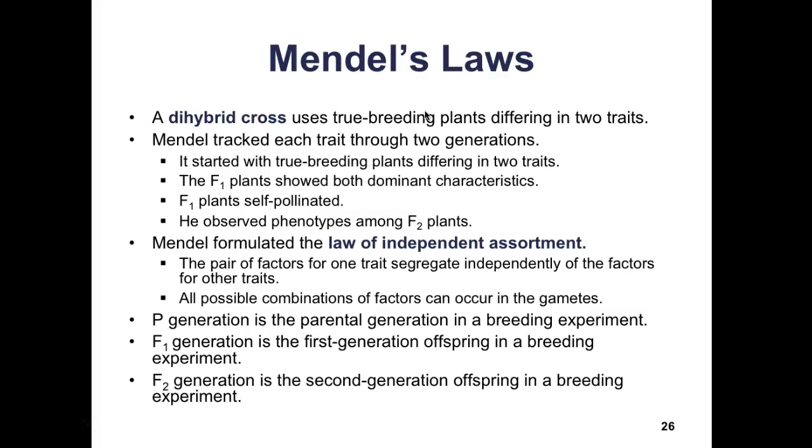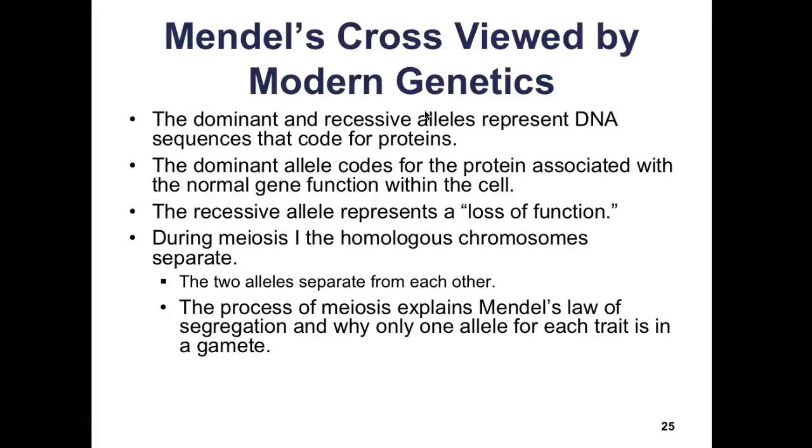Now, typically, the alleles on the same chromosome, especially if they are close to one another, or the genes, will move as a single unit. However, if you increase the map distance, or the genes are found on other non-homologous chromosomes, the genes would basically separate from each other. We'll look at that a little bit more in class. We'll talk about map units within the next few slides as we get into independent